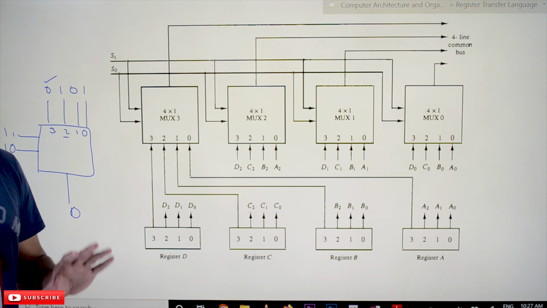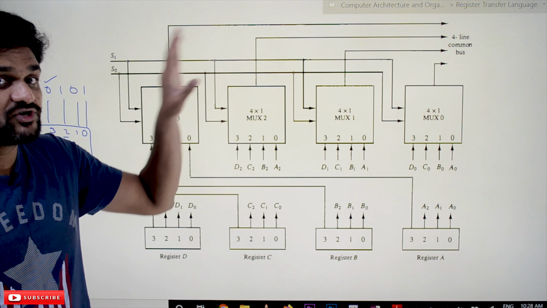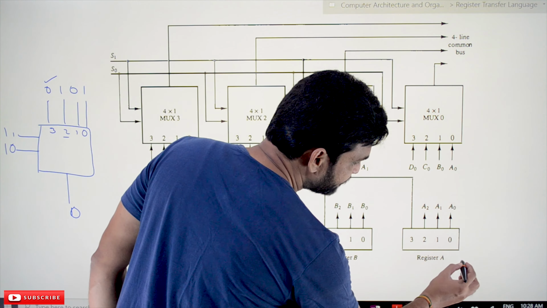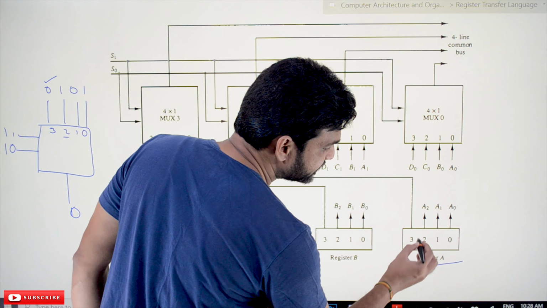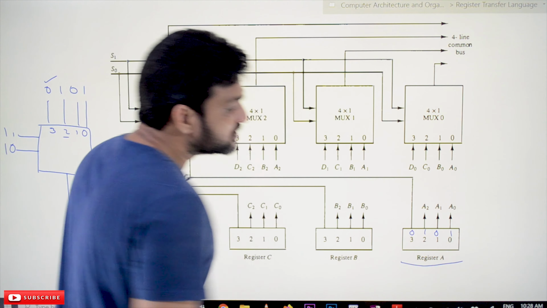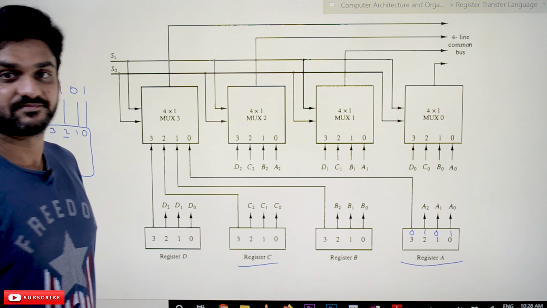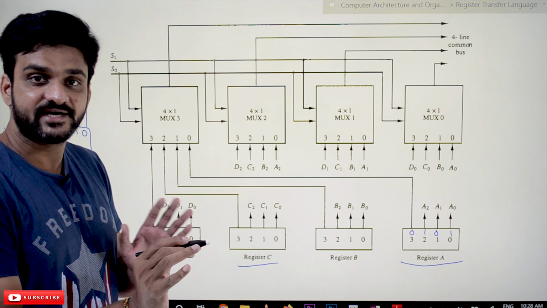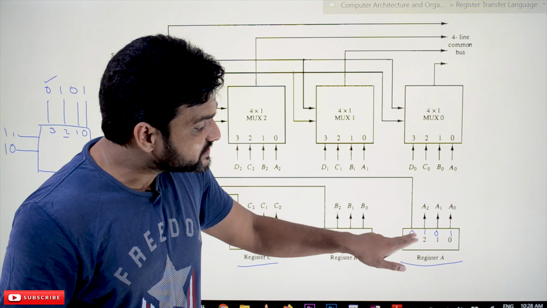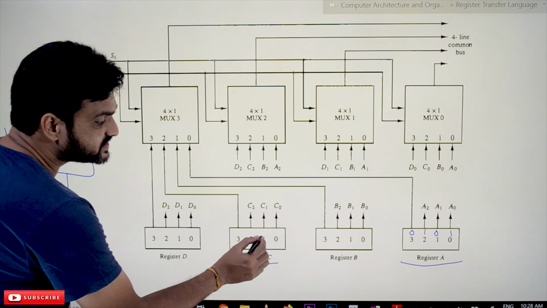So what's happening with this common bus is that whichever register we would like to select, for example, I want the data on this register to be transferred to this register. This is what we call a memory transfer, right? I want this data 0101 to be transferred to this register.